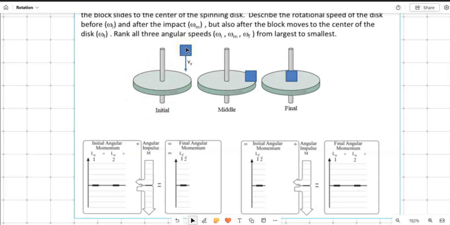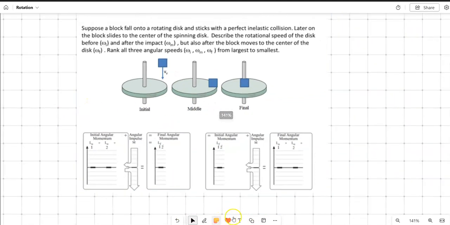But since this mass is falling straight down and it's not spinning, it has no angular momentum relative to itself, it's only got linear momentum, it essentially has no angular momentum, right? And then it's going to hit and stick to this disk. So let's put some numbers in here, okay,